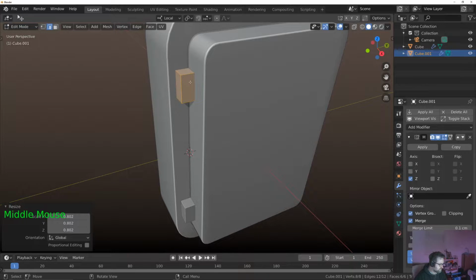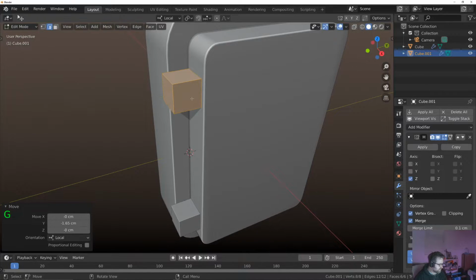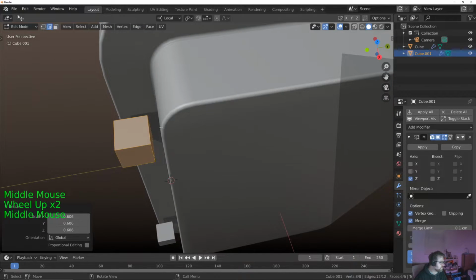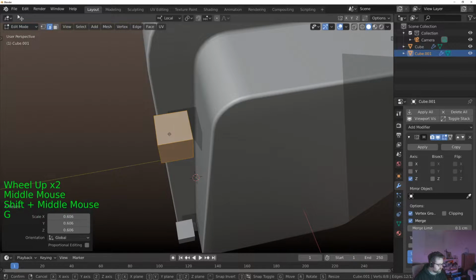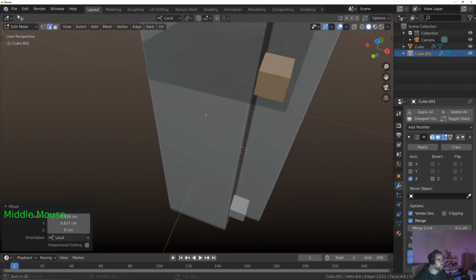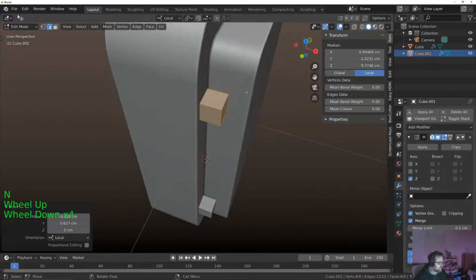And there's GX, G and Y. Okay, we can have a look now, we can scale it down a bit more. And G and Shift Z just to bring it in there. Doesn't matter if there's a little bit of overlapping geometry, but we'll try and get as close as possible. And let's just bring the clipping to see that